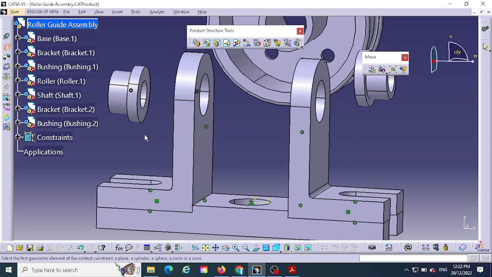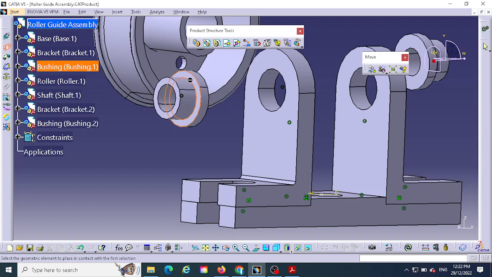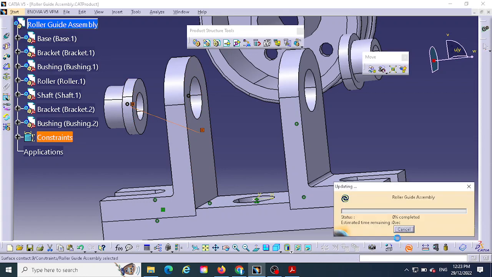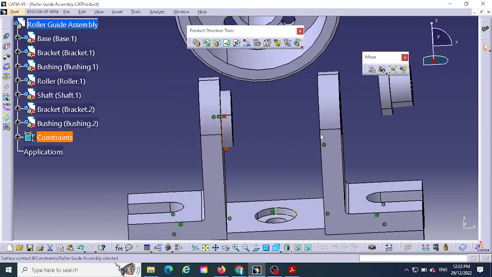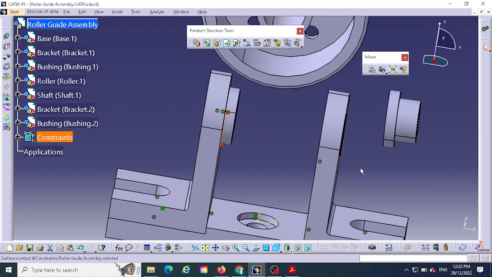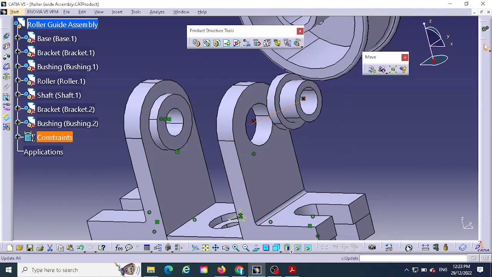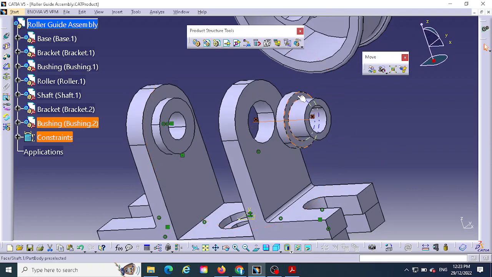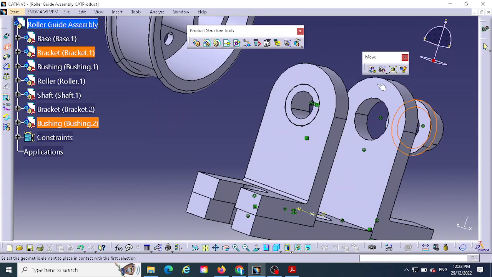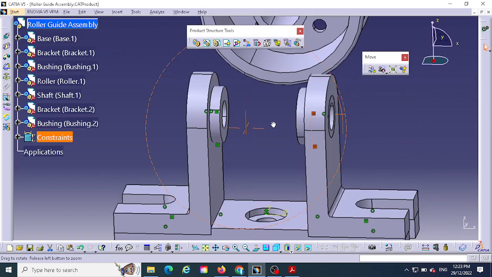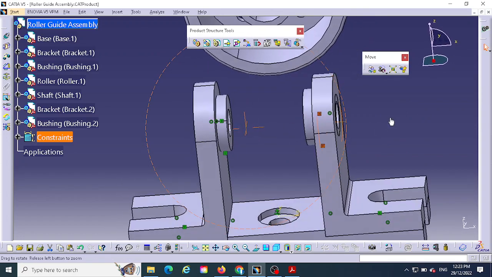So I need to create a contact between this surface and this surface. On the other hand, again, this center and this center, and this surface and this surface, we have to create a contact surface. All right, so next is